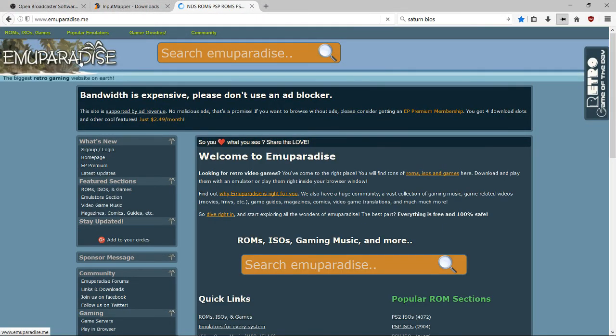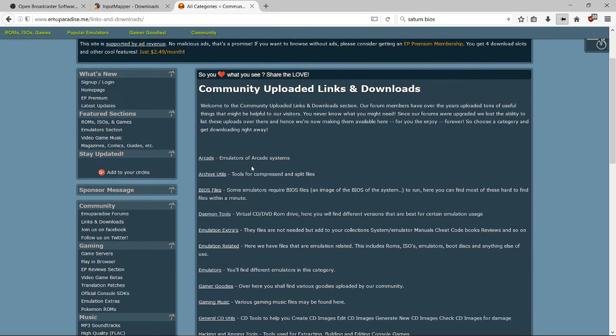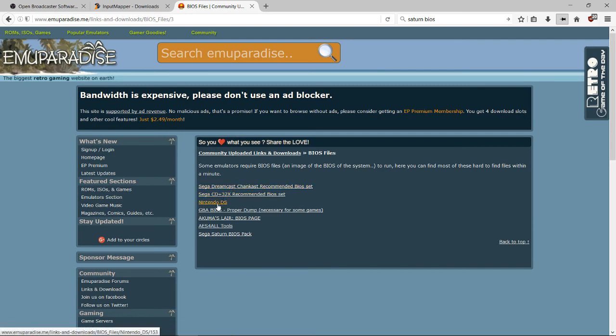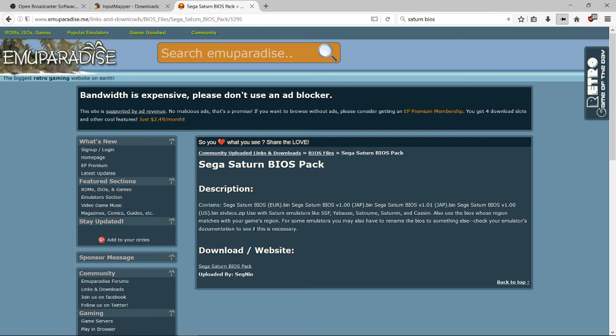From the default homepage, you want to go to Community, Links and Downloads, and you want to go to BIOS files. From the BIOS section, you're going to go to Sega Saturn BIOS pack. Download the Sega Saturn BIOS pack, and